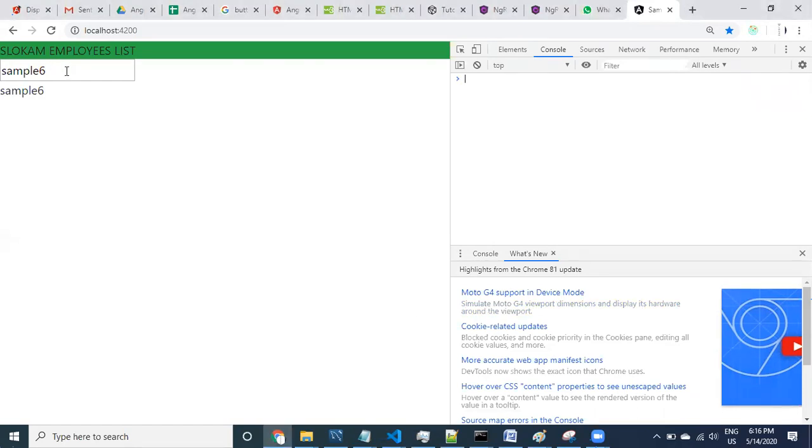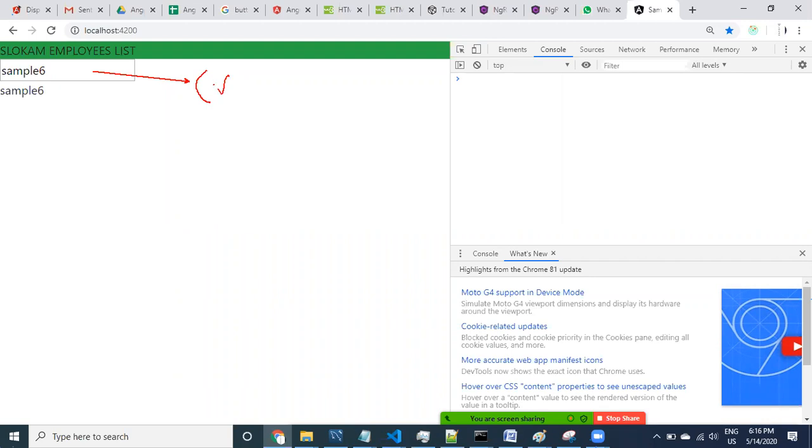Now what happened here, actually what I did, for this text box I attached one event. What event is this? Key up, meaning that any key you type on this, when the key is getting up, then the event is going to be raised.